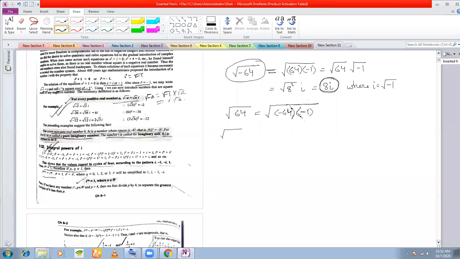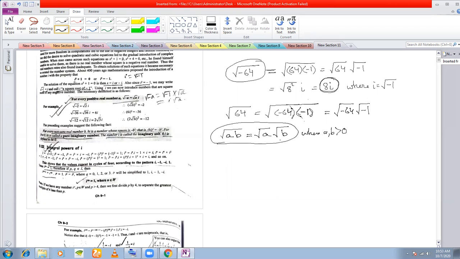You cannot write the next step of this, that is square root of minus 64 into square root of minus 1. That is because, why will we write by minus root AB? Our motive is just to remove the minus from the root. What I mean is that for any kind of manipulation, if you write minus, you will not be able to do it. The condition here is that A and B both have to be positive. Only when A and B are positive can we write root AB as root A into root B. Fine. So that is another thing.